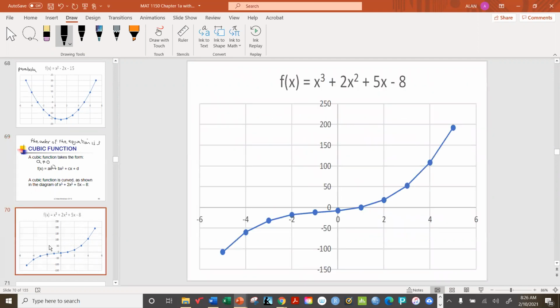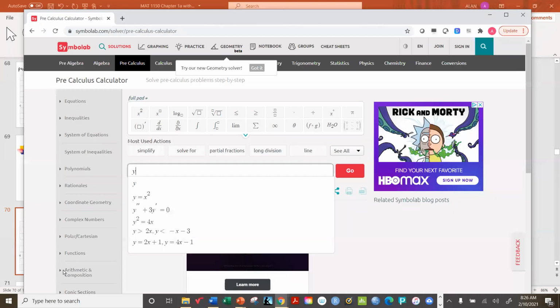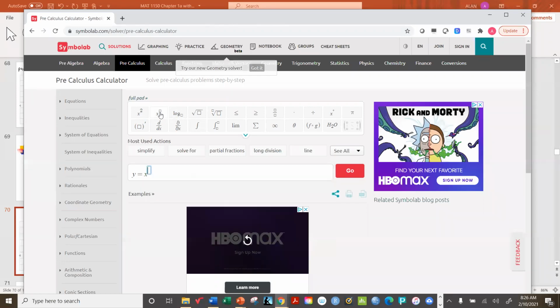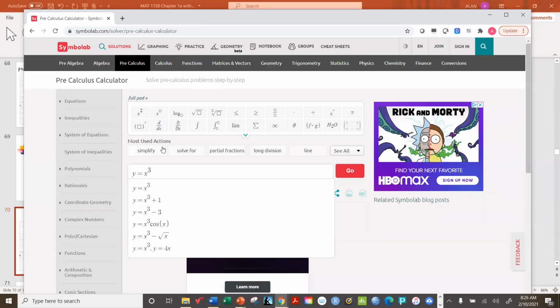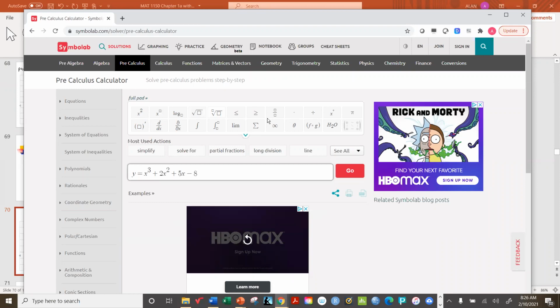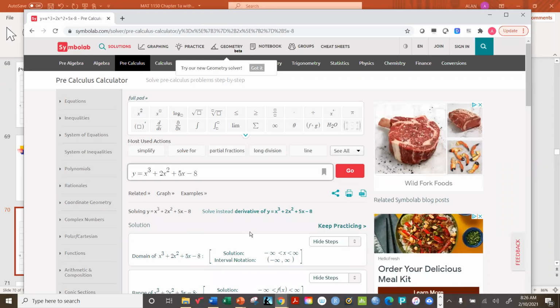So this one is sort of like a, wow, I don't know how you would describe that one. Let's throw it into Symbolab for a second and just see what it looks like. y equals x cubed plus 2x squared plus 5x minus 8. Okay, so we hit go, and it gives you all this information down here,